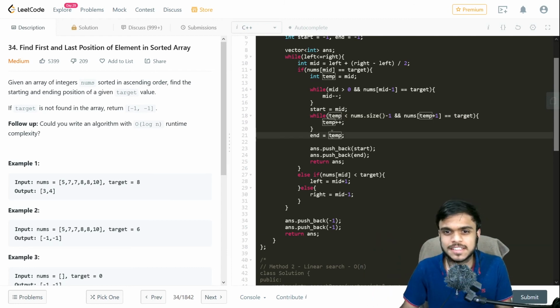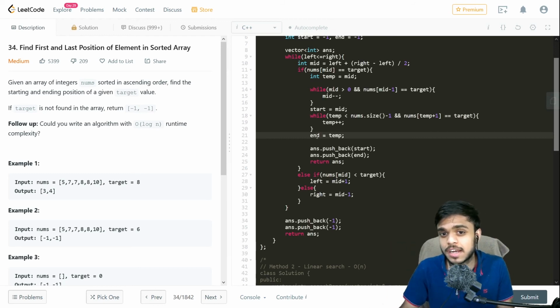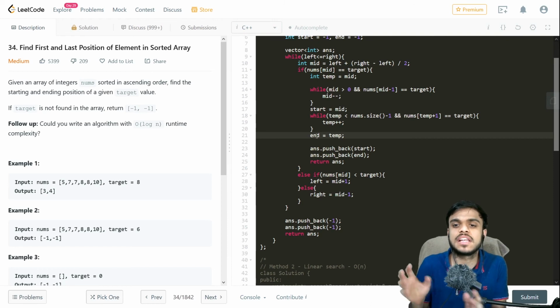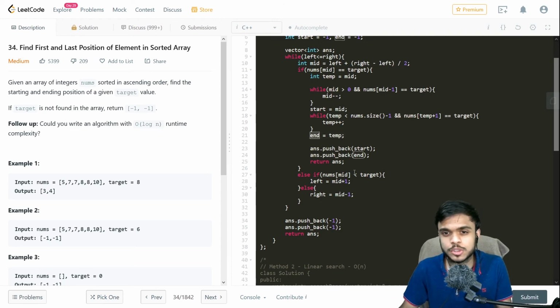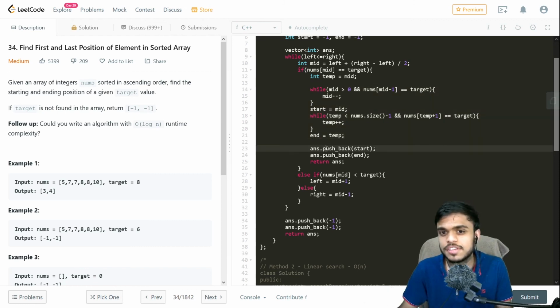So we increment the temp index, and once we exit this while loop, we have the index at which the last target value is present, and we save it into the end. Once we have the start and the end, the first and the last index, we push them back to the answer and return the answer. That's as simple as that.